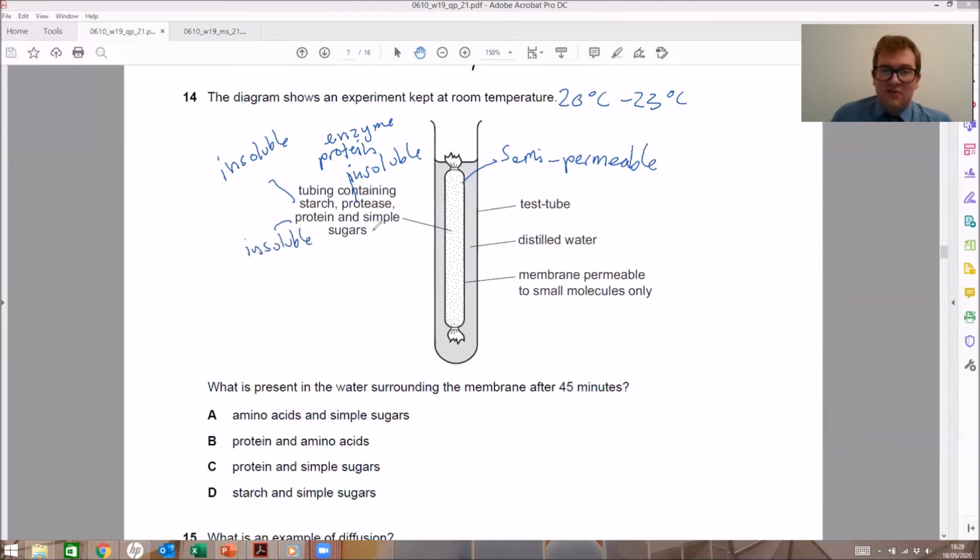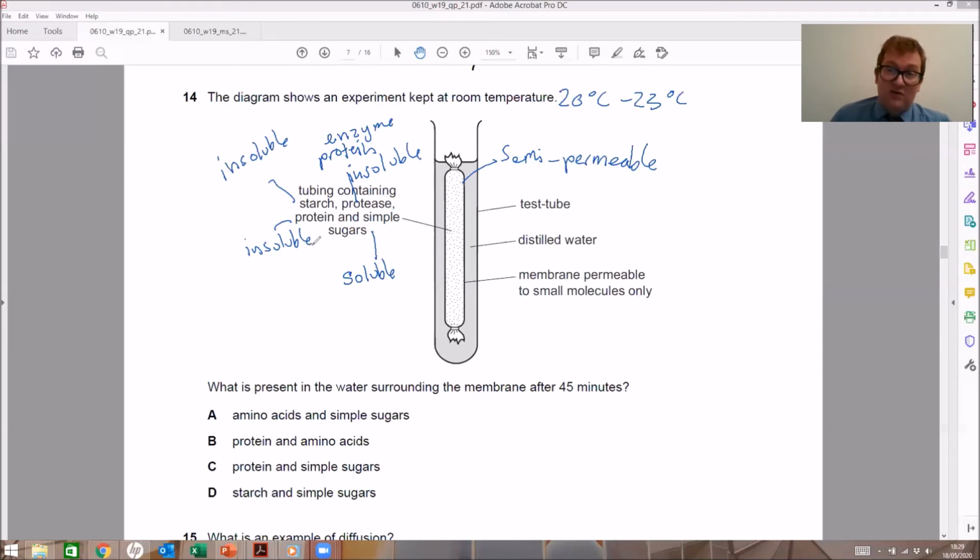Okay, now simple sugars could include things like glucose, fructose, and a few others, and these are soluble. The fact that they're soluble should help here. So simple sugars are definitely going to diffuse out of this membrane. However, this is a slightly tricky question because it put protease here and it's made of protein. They might think that maybe protease can come out, but it's not an option. The key thing here is that protease is an enzyme and it will chemically digest the protein into amino acids,